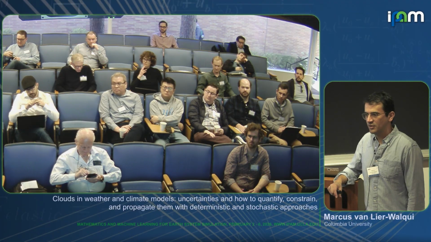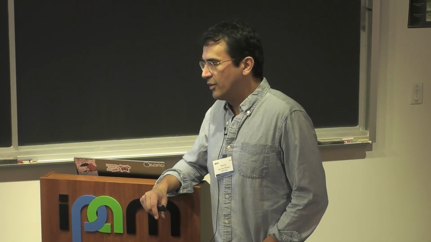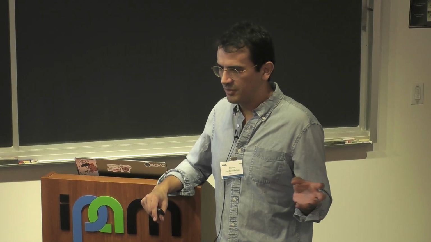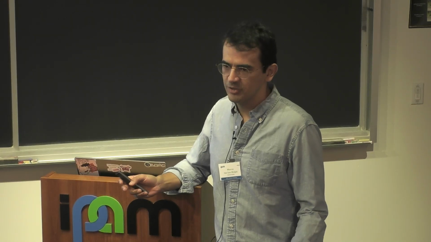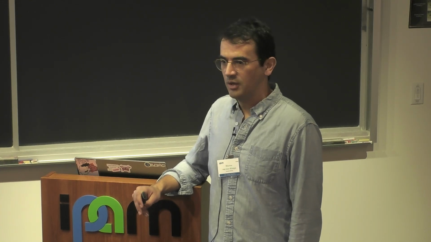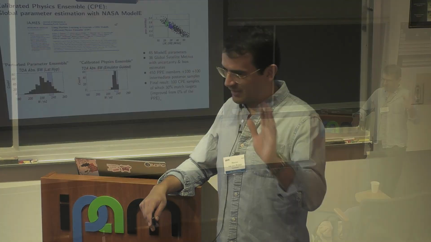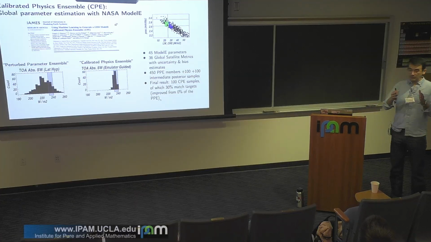There are certainly other satellite products that we could use. We have thought about what if we had some other observations, and I'll talk a little more about that later. But I think it's a good question, and there's also another question: we used climatologies. What if we wanted to look at something like the diurnal cycle, that we have data for? I think those are really good questions, and I don't have an answer, but that's absolutely where we want to go, trying to figure that out. And I think that's a big question: where is the middle ground of what's actually useful to constrain, where you're not averaging out too much? Yeah.